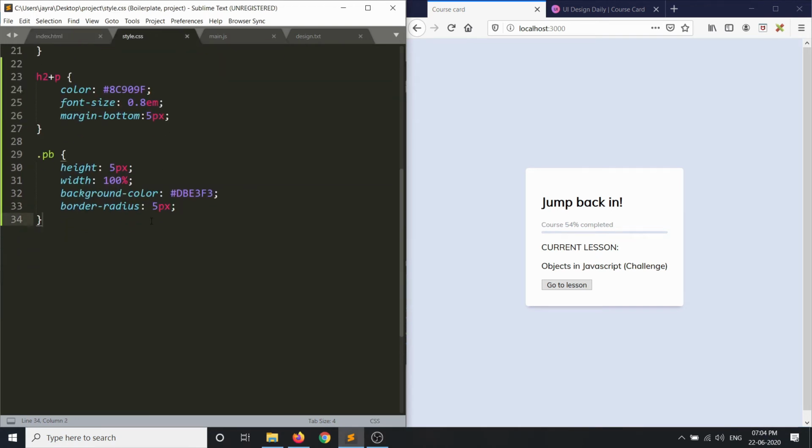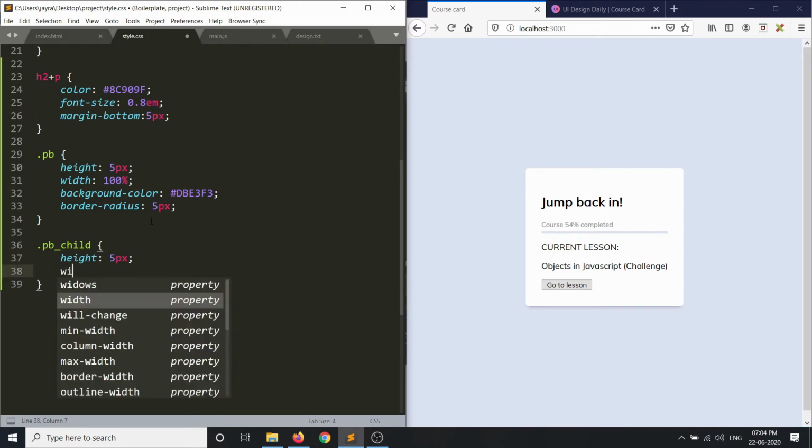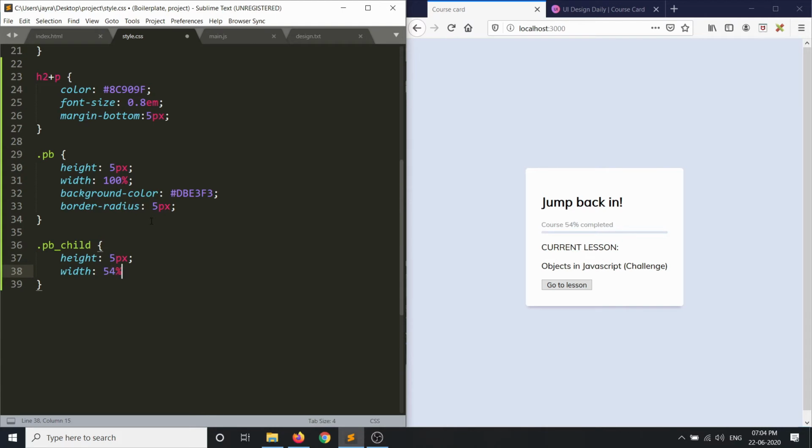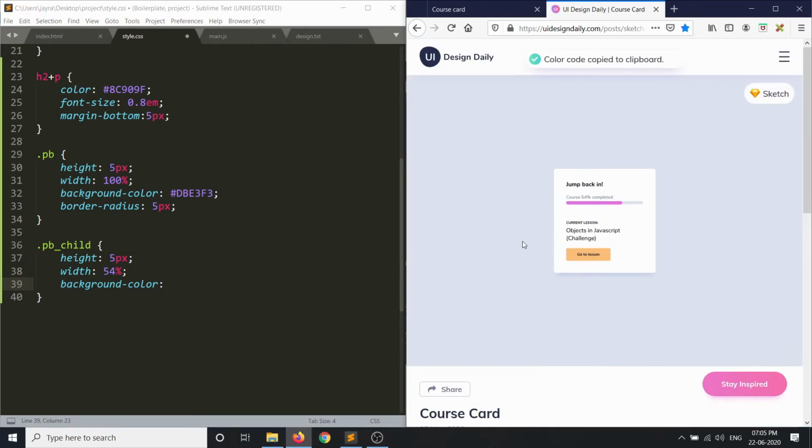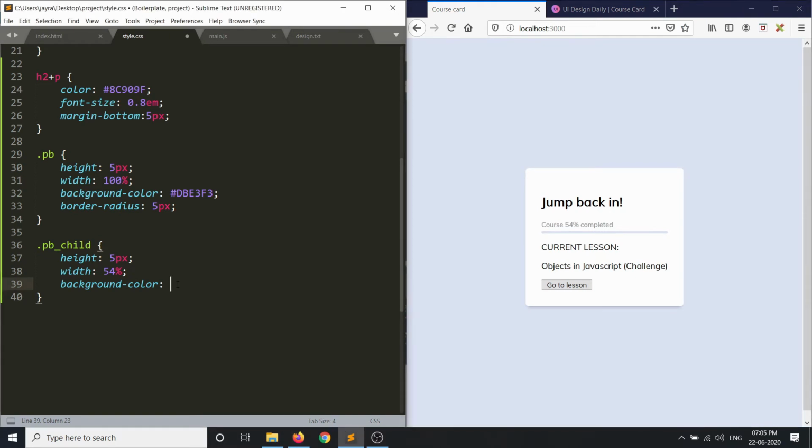So let's style that, .pb_child, and here also again we'll give it a height of 5 pixels. You can also give a height of 100% because the parent is pb, and let's give a width of 54%. At the moment nothing happens, but let's change the background color. Background color, we'll again use a color from the color palette, this one. Let's put it here. There you have it.